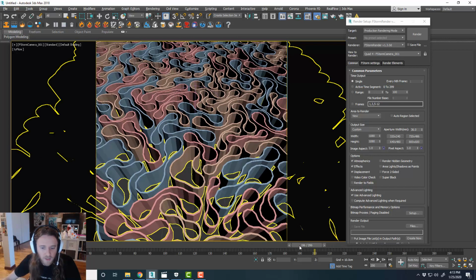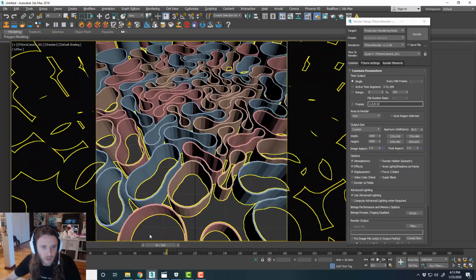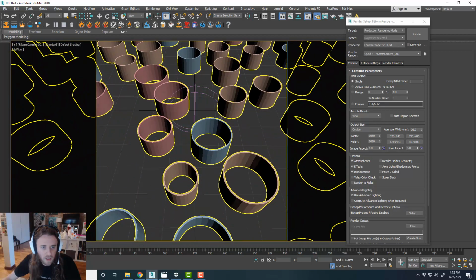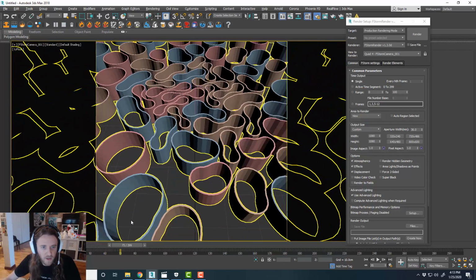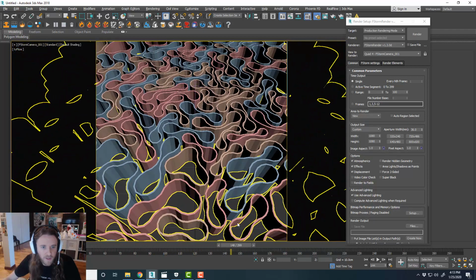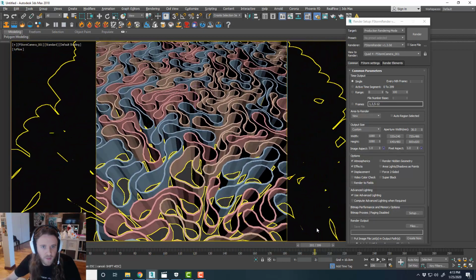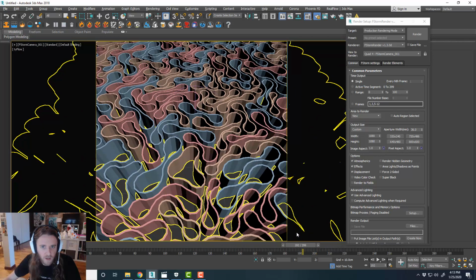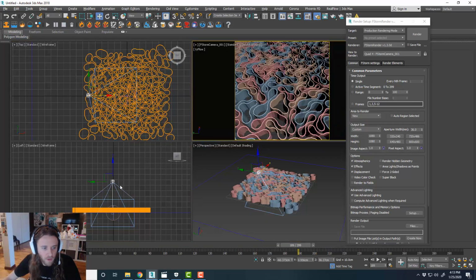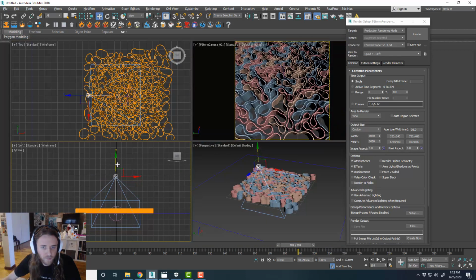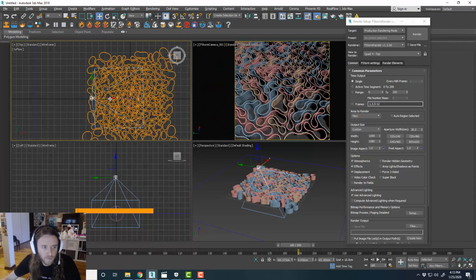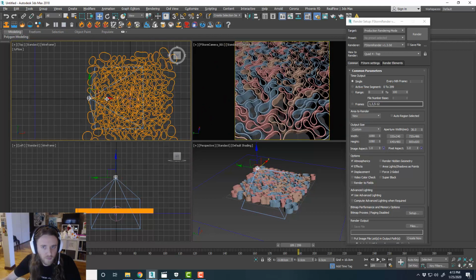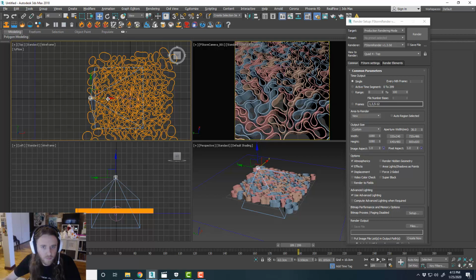Looks pretty dense. So if I scrub through all the way, looks like just some circles are colliding together and then they mash up. So that's kind of cool. It's pretty satisfying to watch. I might be able to drag that out a little bit more. There you go. So I got the entire